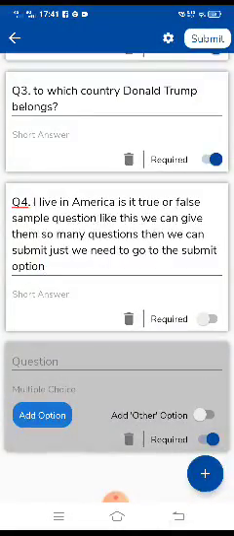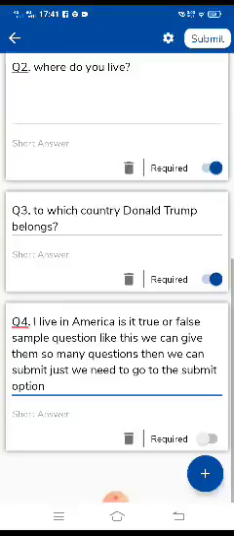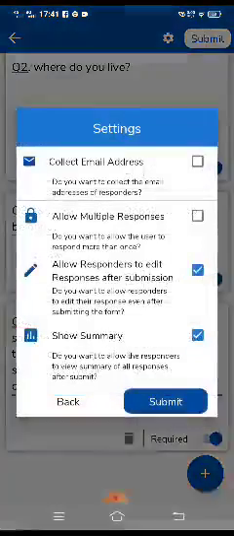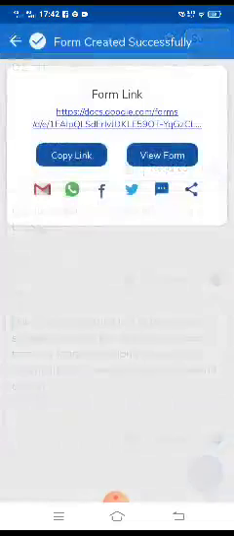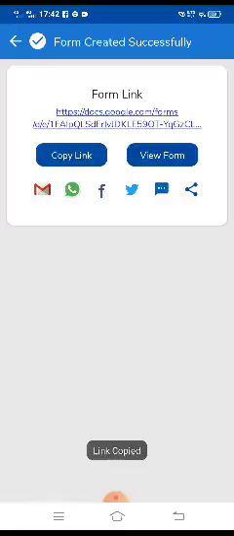Just click on required. Required means it is compulsory for you to attempt. Then go to submit. Submit it. Copy the link.